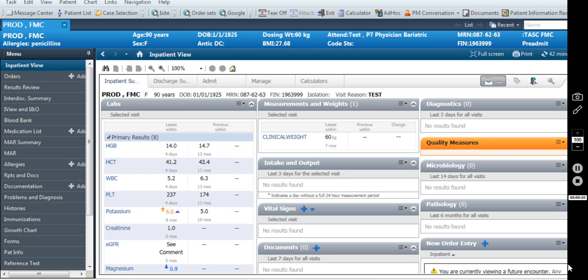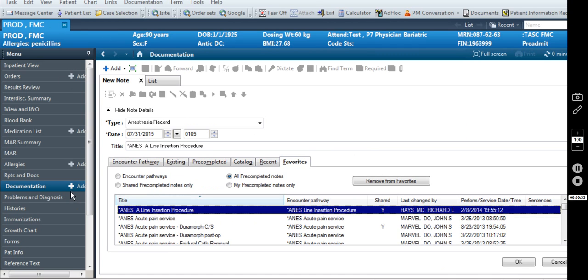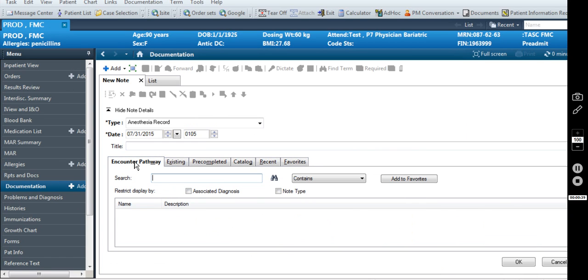I just wanted to show you what we're going to be doing with our Go Live, using the electronic version of our anesthesia questionnaire. So just like anything, when we open our patient's name, we go to documentation. Usually our favorites pops up. In this case, when you grab a new note, you're going to go to ANES, if you're creating a new note,